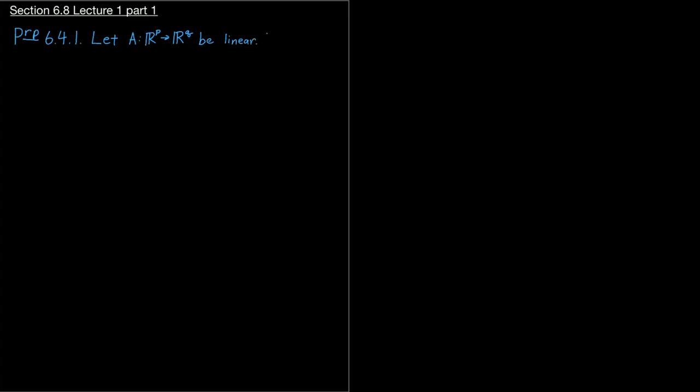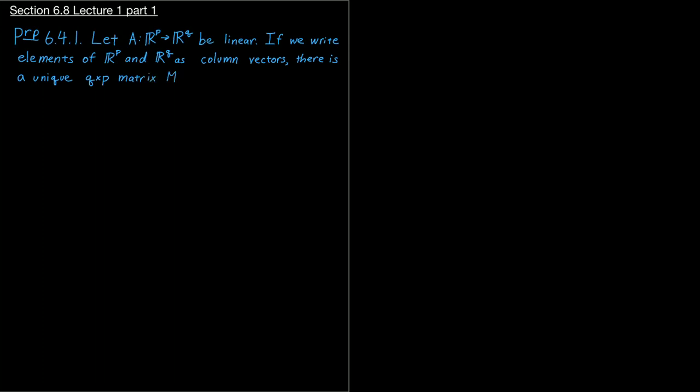Then, if we write elements of R^P and R^Q as column vectors, then there is a unique Q by P matrix M such that